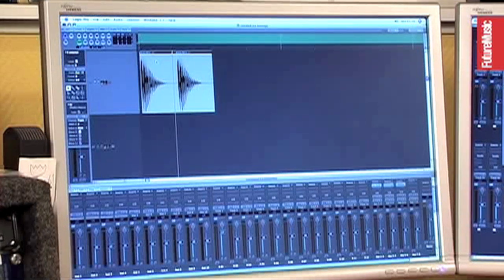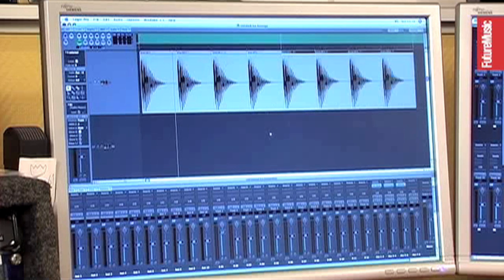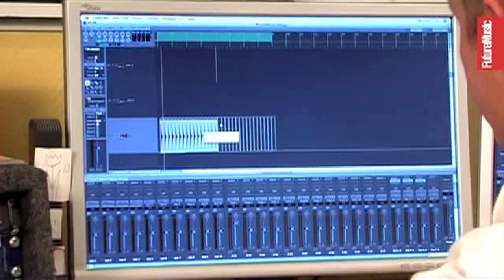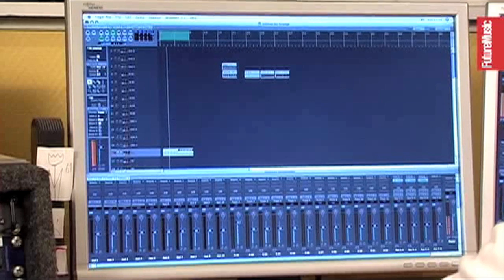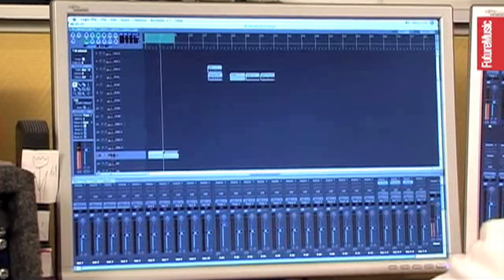I used to use a sampler, EXS24 or Sample Cell before then. But I realized it's such a waste of time to sit here and program a kick like that for 8 bars or 1 and copy. So I usually program in the audio straight. And then, let's see, where's the other kick?